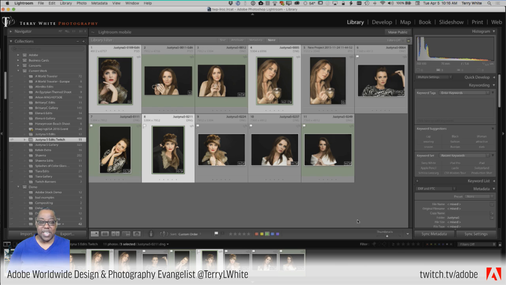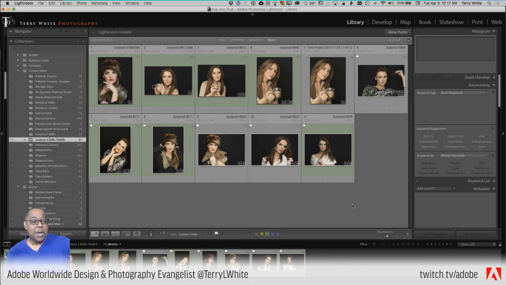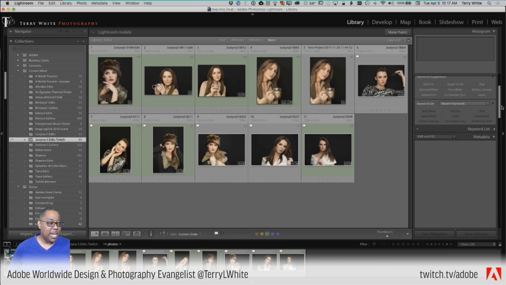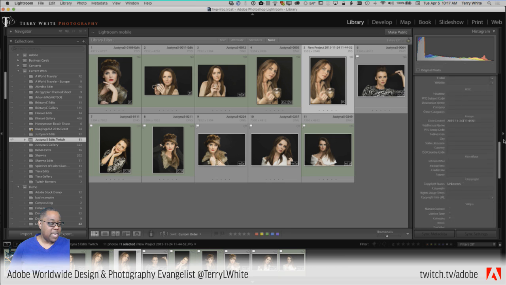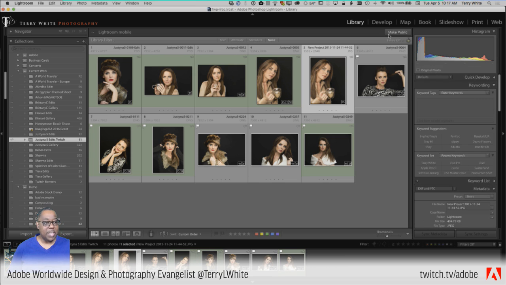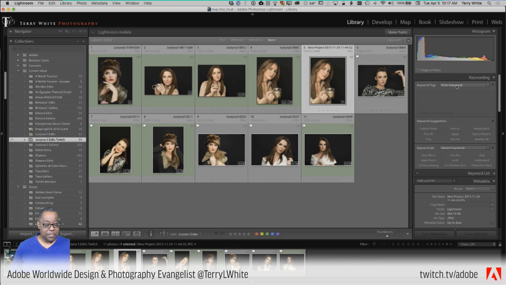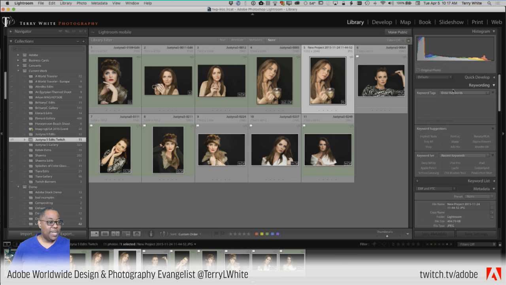All right, so with that said, let's continue on with my plan random list of things to talk about. So let's talk about solo mode. One of the things that can be kind of daunting in the panels here is when you have a long laundry list. Here, let's click on a photo. You have a long laundry list of things that you're going to work on, especially in the develop module. So what you can do is you can right click anywhere, like not on a specific item. So I just right clicked on this bar. And, oh, sorry. I didn't mean to turn off quick develop. But actually that's another hidden gem. But anyway, if you right click, there's something called solo mode.